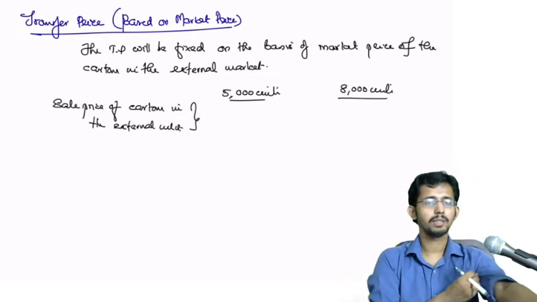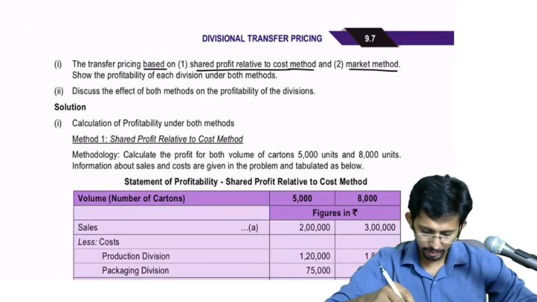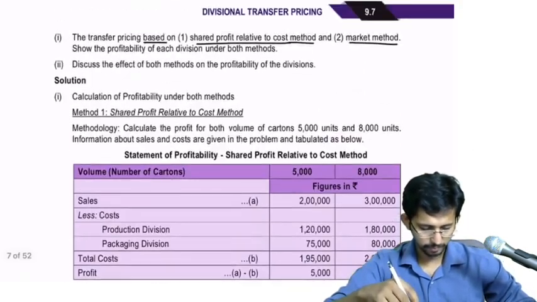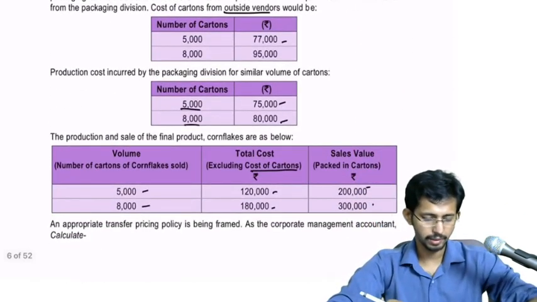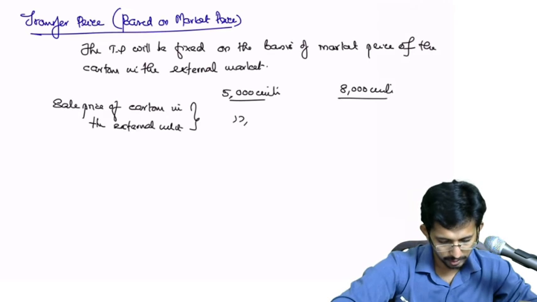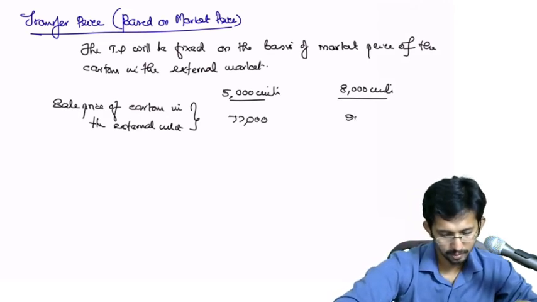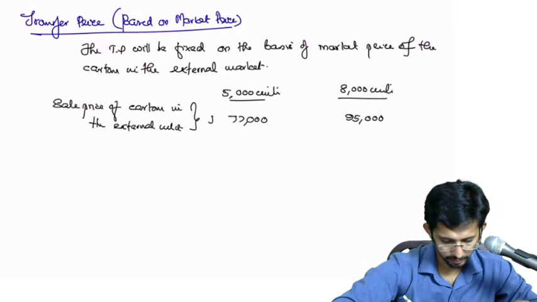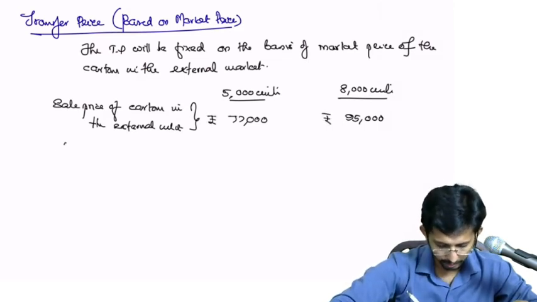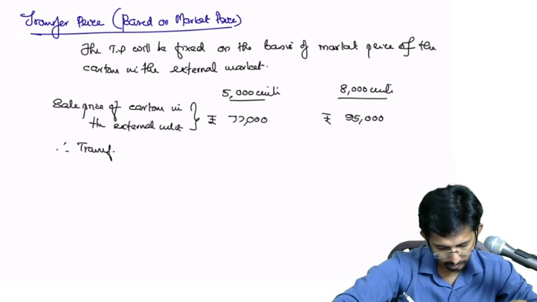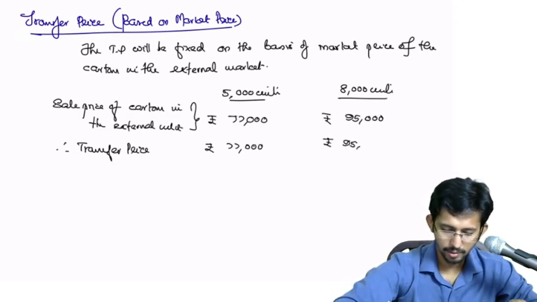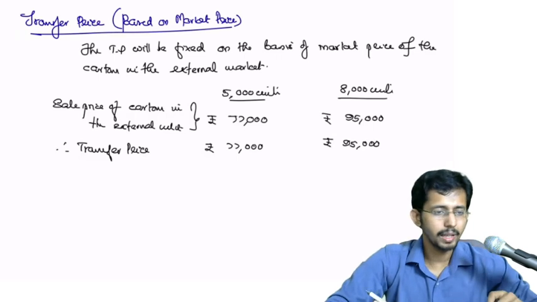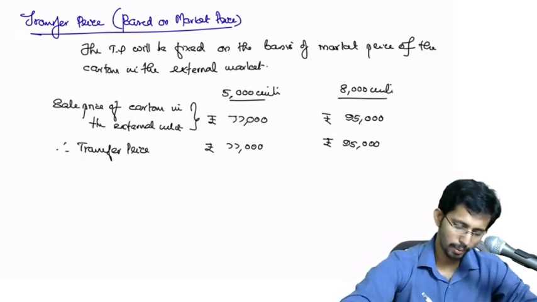What is the market price? It is given to be 77,000 and 95,000. Okay, therefore transfer price is equal to same 77,000 and 95,000. Okay, now what you have to do, you have to find out the profit,